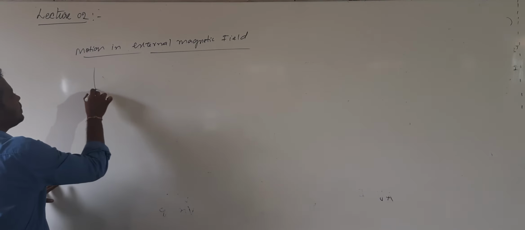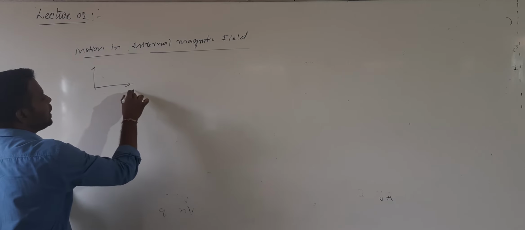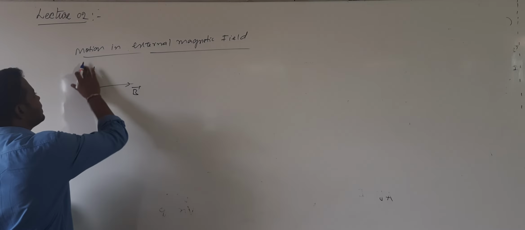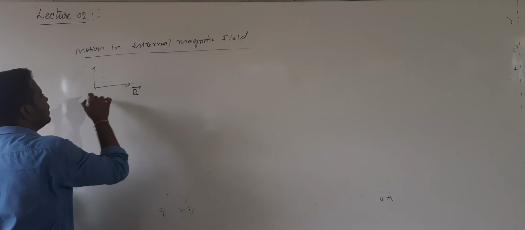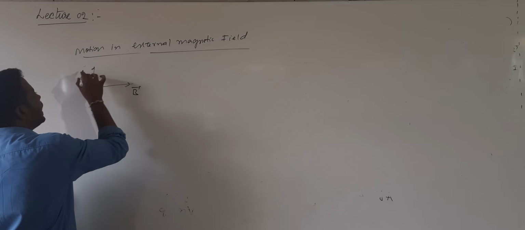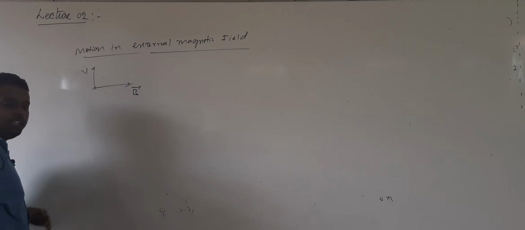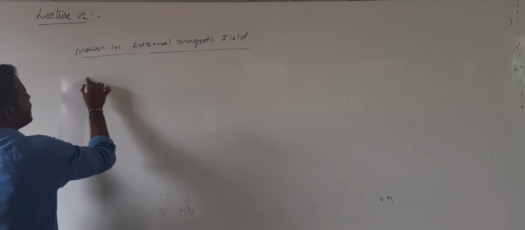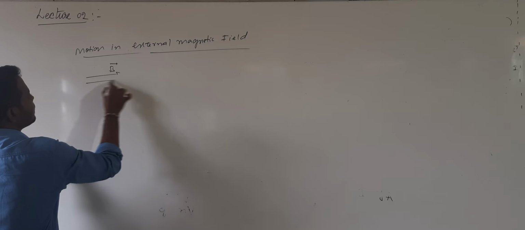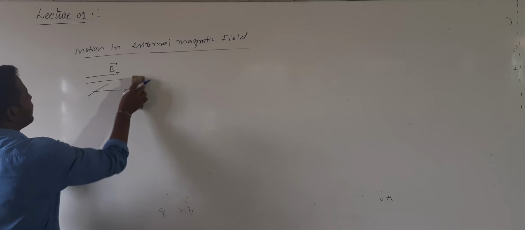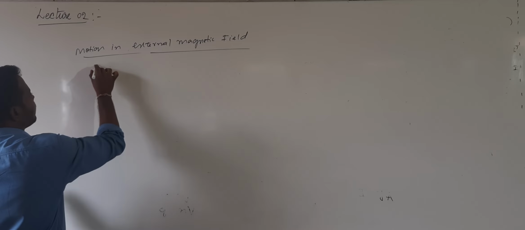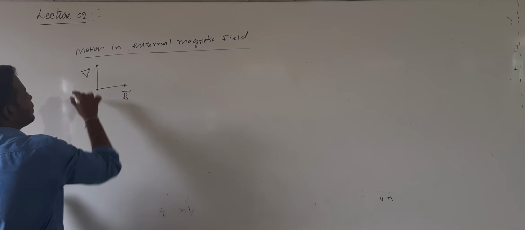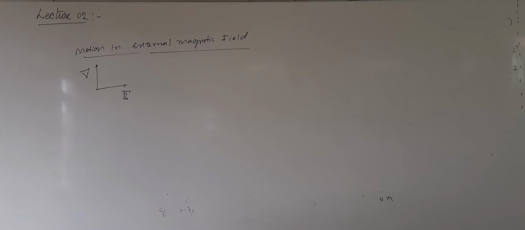So let us consider that a magnetic field B bar is applied and the particle starts moving with a velocity V bar. The velocity with which the particle is moving is V bar. It is not compulsory that every time the particle has to move perpendicular to B bar. I will consider this as the direction of B bar, the magnetic field applied like this, and the particle started moving. Whether perpendicular or parallel, we will come to know later.